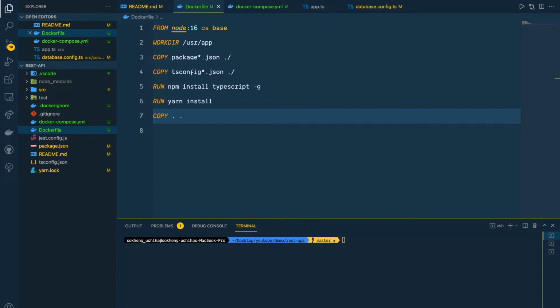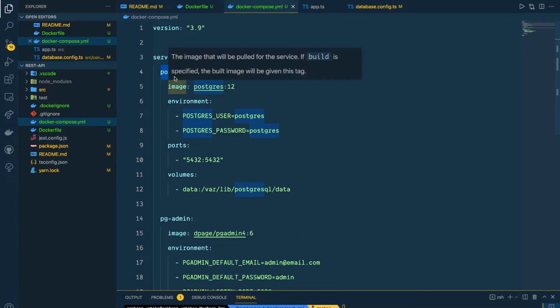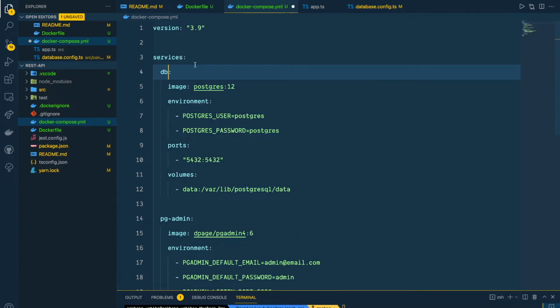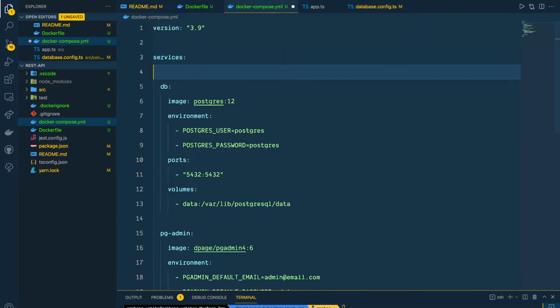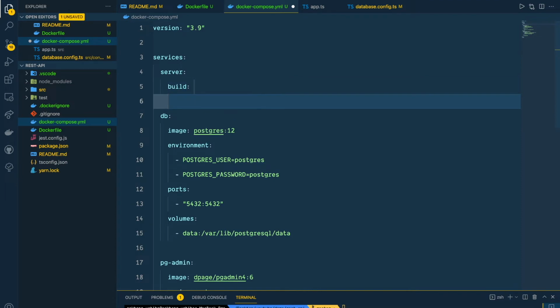So we need to go inside our Docker Compose. So inside here, I'm going to change this one a little bit. Instead of Postgres, I'm going to call this one DB. And then we're going to create a new service called server. And then for this one, we're going to use the build file, and the path for this one we can do, let's say,